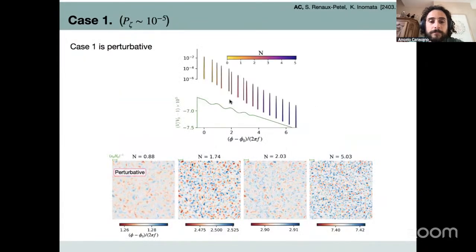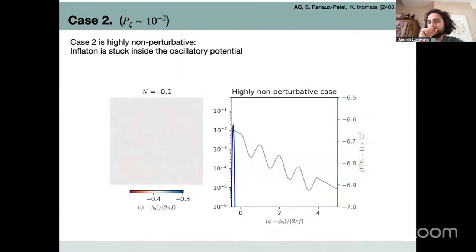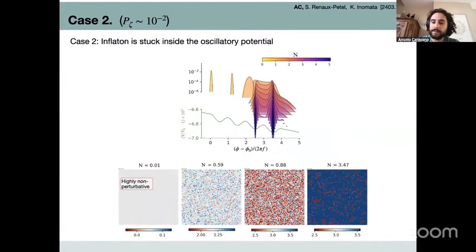Now, let's move to the second case, which is similar to the first case, but there is some oscillation which has doubled. There are more peaks, basically. There are twice as many peaks in the same region of the potential. And now, again, I want to stress that this was a model where